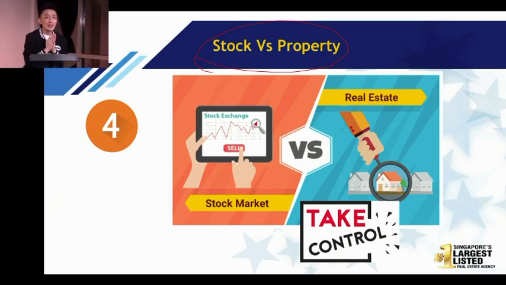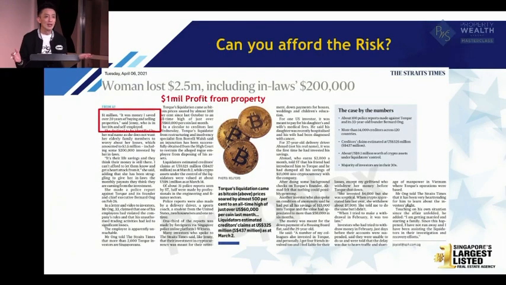But stock is something where I cannot control the CEO. You cannot control the CEO from doing anything. If the market crashes, that's it. We have no control. But property, especially in Singapore, if you have done your finances well, you have full control because you're the CEO of the asset. You keep it for the long term, you can see that all the property eventually has appreciated, right?